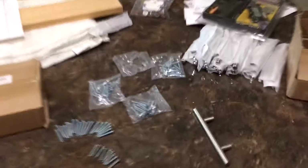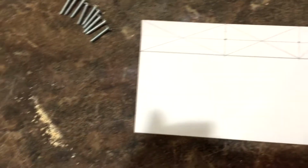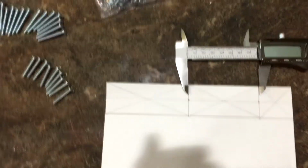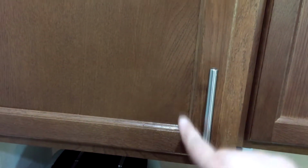Okay, so how do you do this? How do you make sure that your holes are perfect every single time that you drill without having to measure every single time? So this is how I did it. I took an index card like this, and I measured out the 3 inches right there. And I measured this ridge right here, from here to here. Okay, I'm going to zoom out so you can see. There's like a little lip here that the router did when they built the cabinets. I lined it up